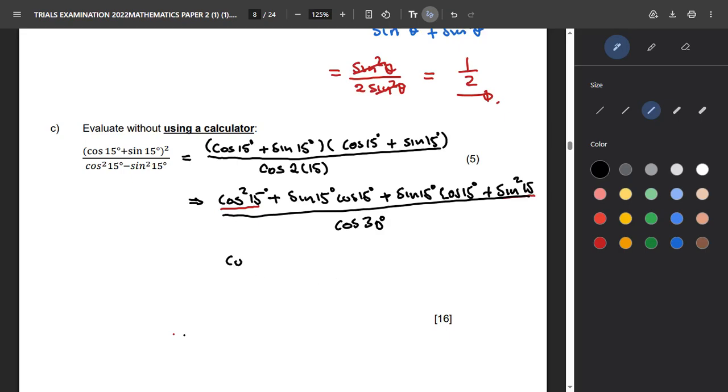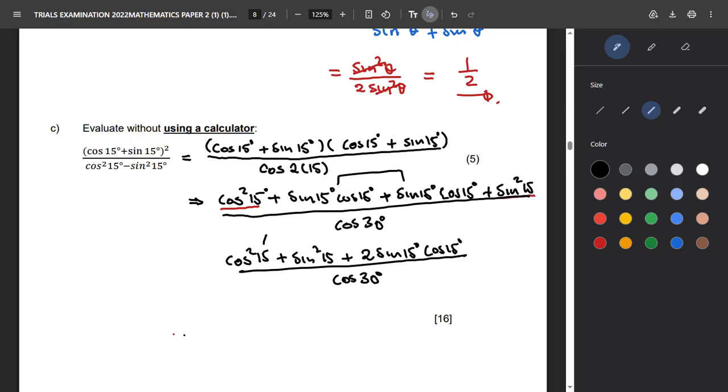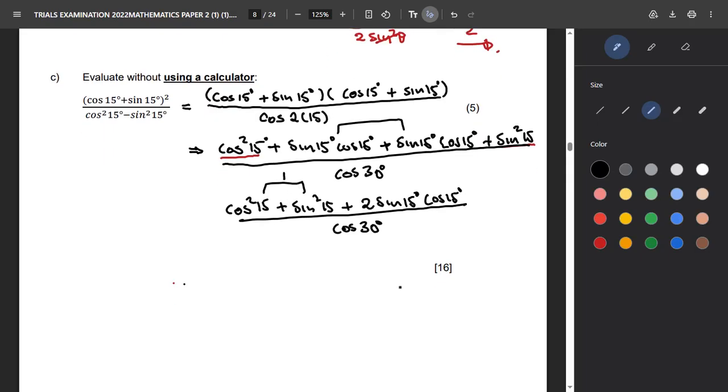I'm going to group the cos squared 15 with the sine squared 15, plus I'm going to add this, since there are like terms, this will be 2 the sine 15 degrees and the cos 15. Then everything is divided by that cos 30, and then these two give us 1, and this leaves me with the top part being